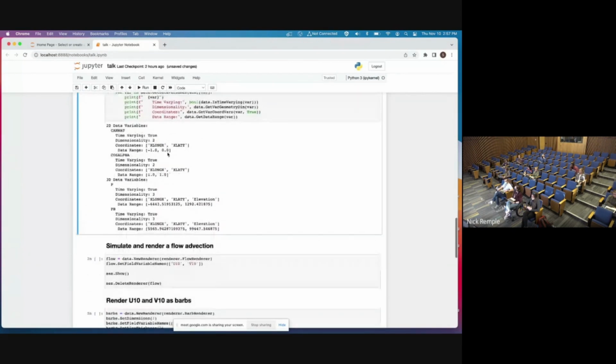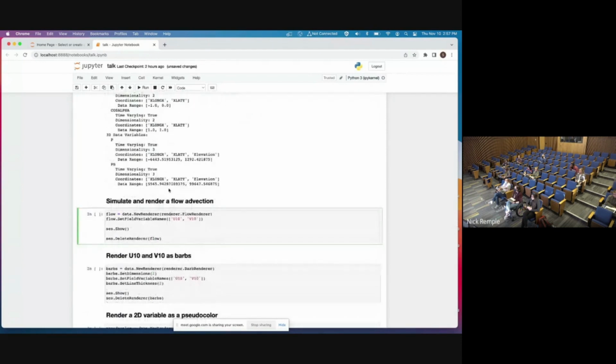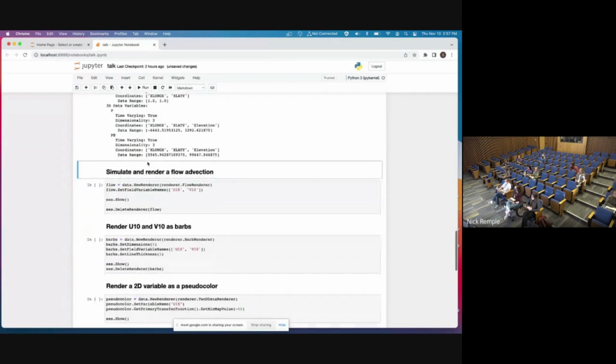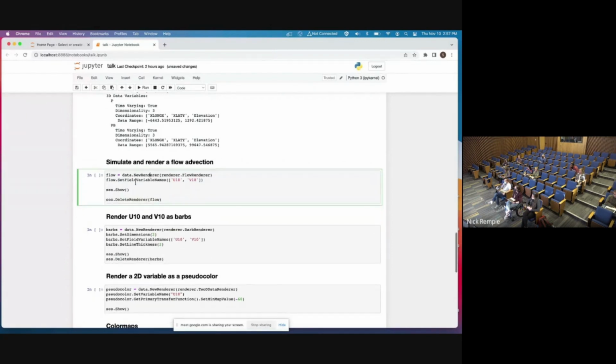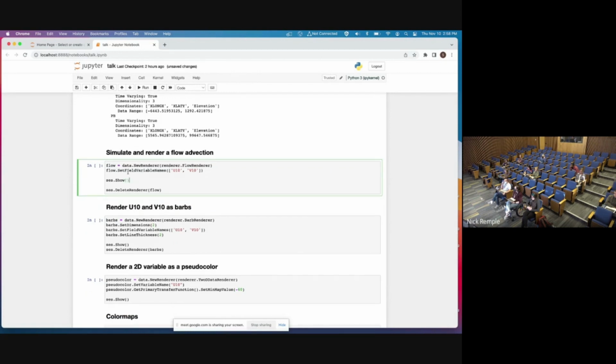So another thing you might want to do with your data is simulate and render a flow advection. And once again, this is extremely simple with Vapor. All we do here is we create a new renderer with a flow renderer parameter. And then we set the field variable names. Since we're passing in two 2D variables, it's automatically going to configure everything for a 2D flow advection. And all we do is go ahead and just show this